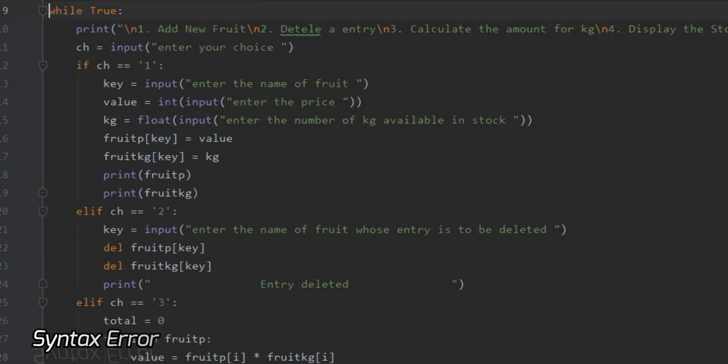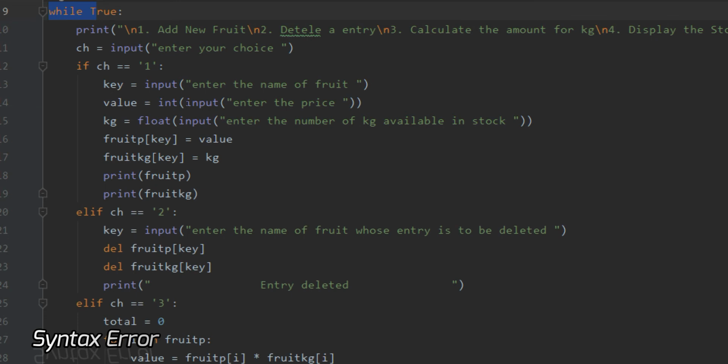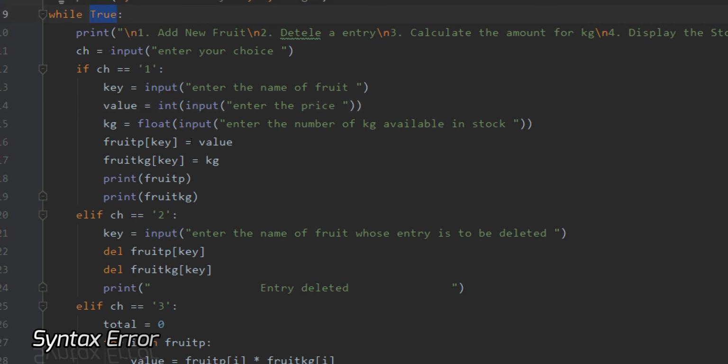I've used a while loop. Now, while True, I'll be explaining about the while loop also in the coming videos, but just to make you understand, right over here, it will run till I don't select the fifth option, that is exit. As soon as I select the fifth option, that is exit, it will become false. My while loop will get stopped and I'll be out of that loop. So till this while loop is true, I'll be printing this.